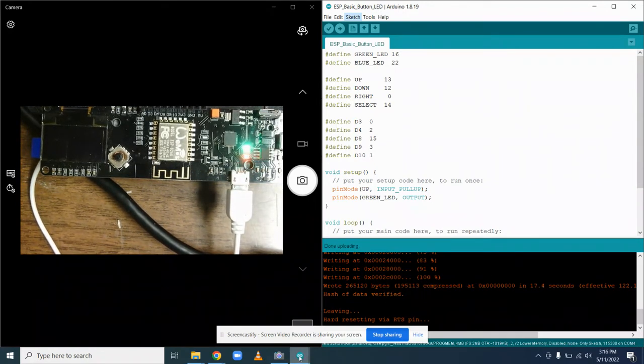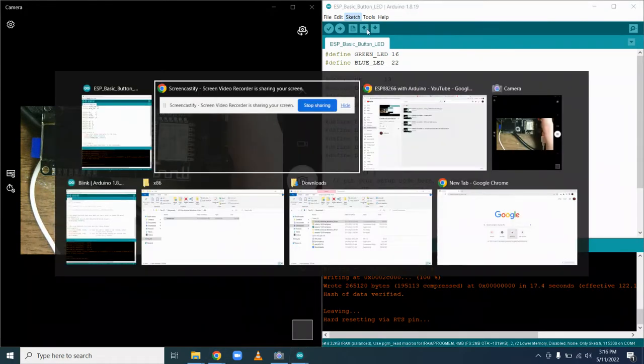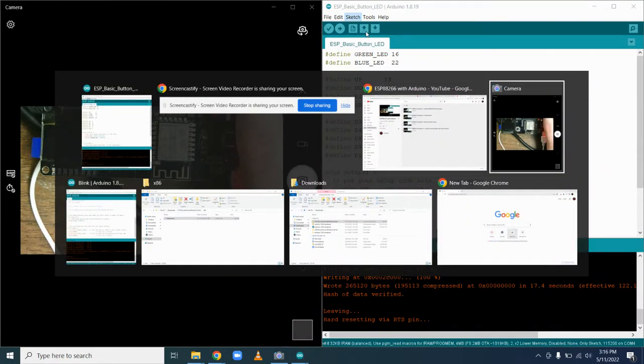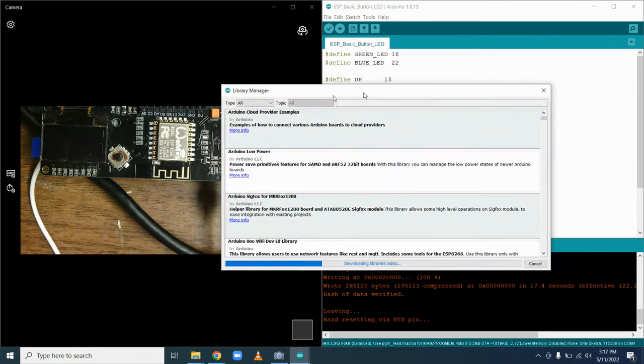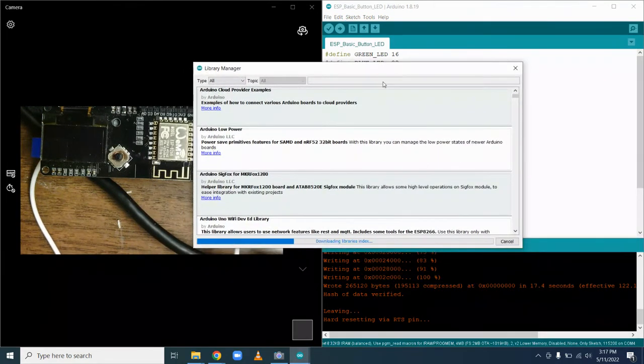And if we wait a second, it should. Why isn't it bringing it up? Oh, there it goes. It's just being slow. It's going to take a second to update the library index. Once it brings up, we're going to search specifically for